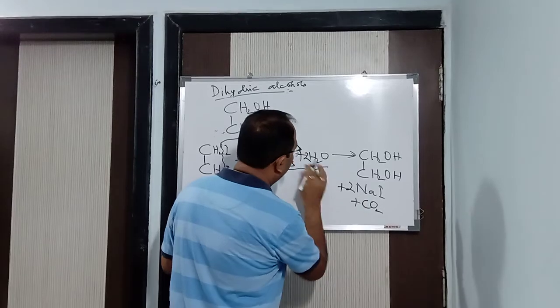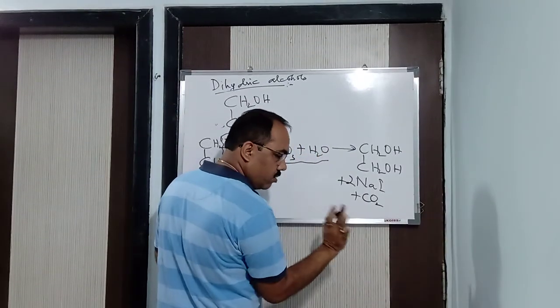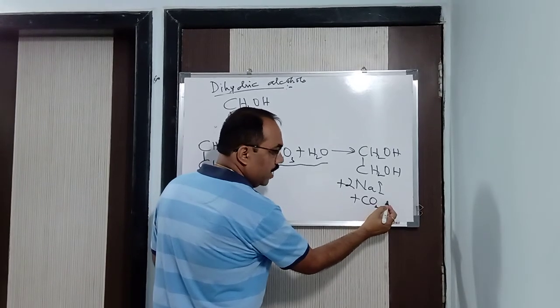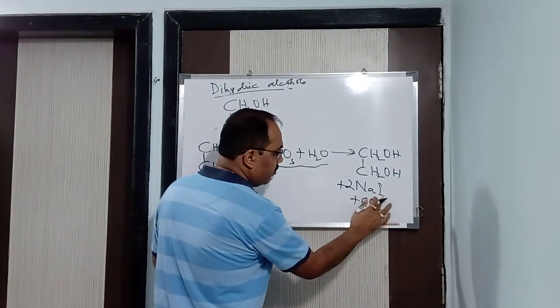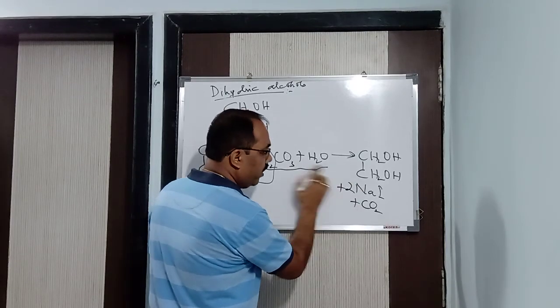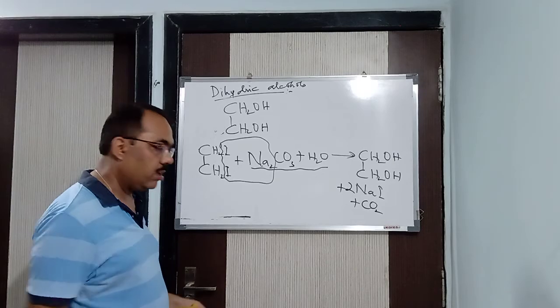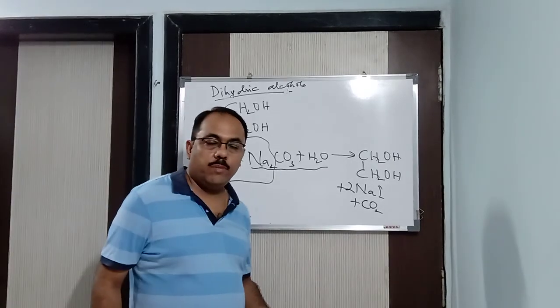So one water will be moved from here, and I will get one water only. Understood? Here what will I get? Carbonic acid. Carbonic acid means carbon dioxide plus water. Clear? Now this water here and 2 water here. Should I write water on both sides? No. So one water will be moved. I think you understood this particular thing. Okay. Thank you very much. In the next video.